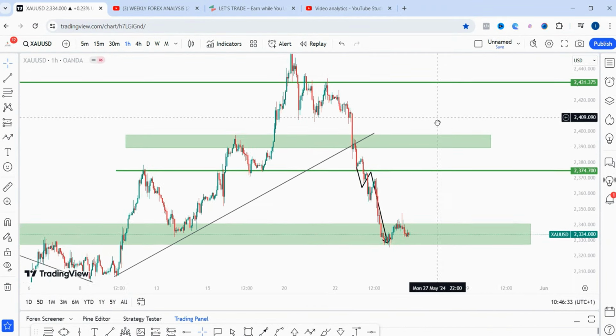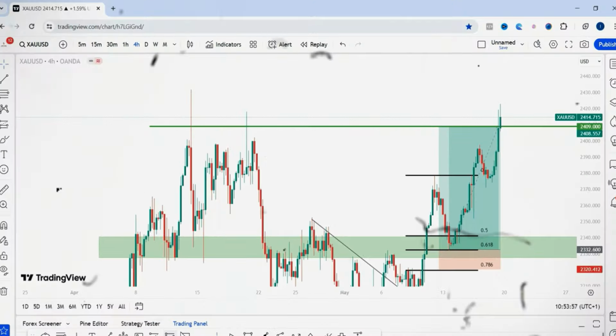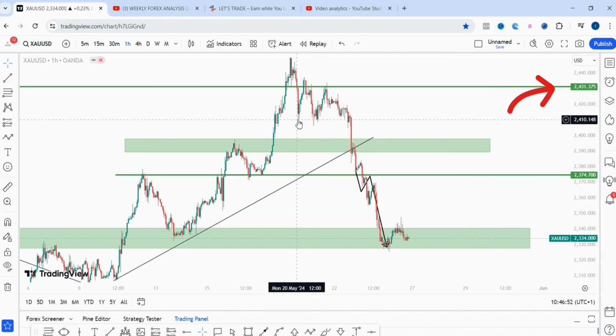Last week on gold, my target was 2,431.375. Let's check out the moment when I said that in last week's video. Our next target is going to be this highest point here, which is 2431. Welcome back, guys. You can see price went into that point and gave us a solid rejection to the